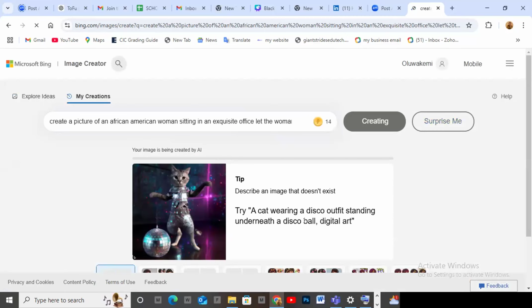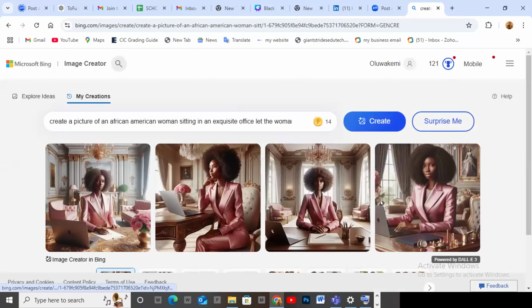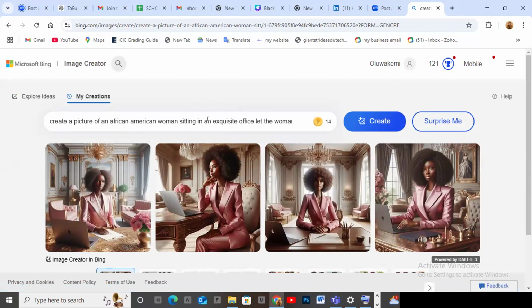It's creating. Once you see it moving, it's creating. If AI, can you see? You don't want this one, but you can still use it. And you can change it to your face using face tone. See, this one will be very obvious that it's an AI picture, but people will still like it. So maybe because we put this exquisite office, you can say,